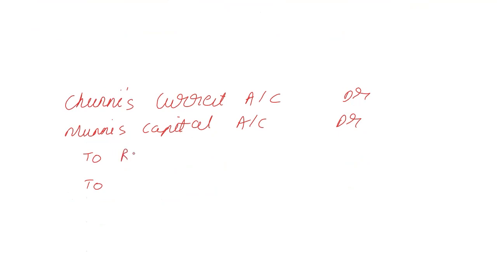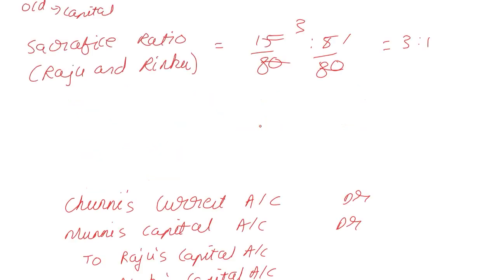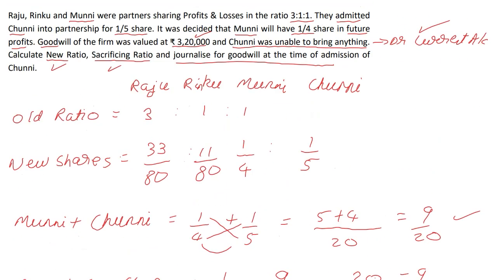Credit the giver to Raju's capital account and to Rinku's capital account. Now, as far as the amounts are concerned, all right, we know the total value of goodwill